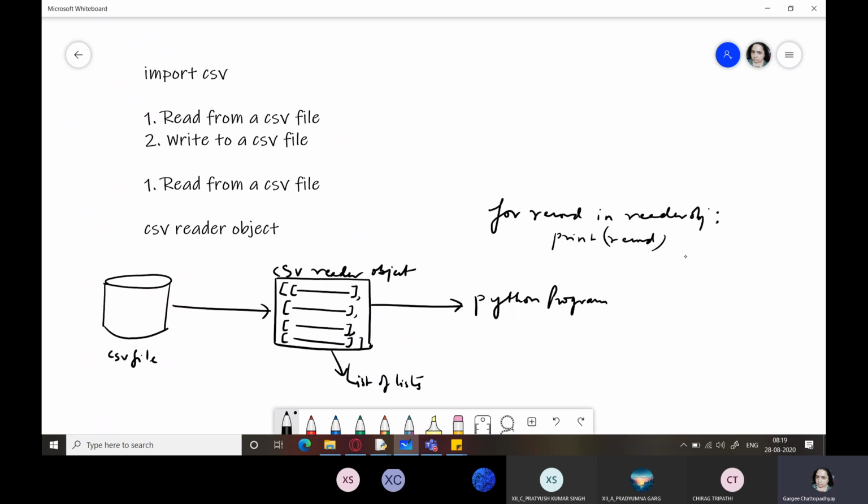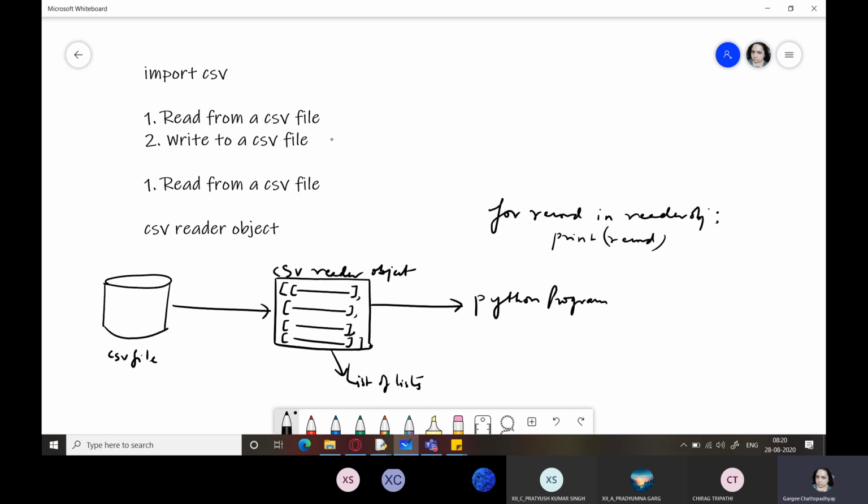So you can print the record, you can add it to a pretty table, you can print it properly. All operations whichever you want to perform, you can do it easily in Python. So this is how we will be doing it.